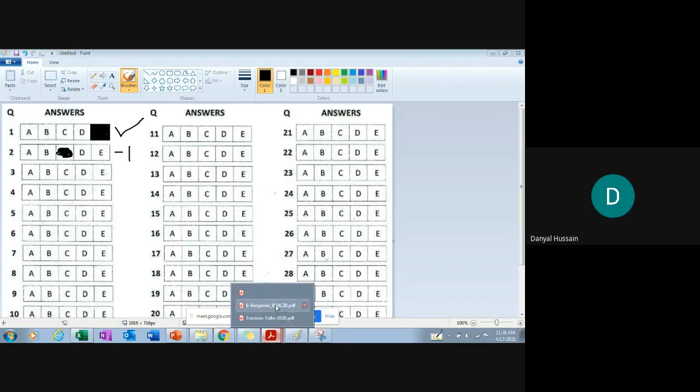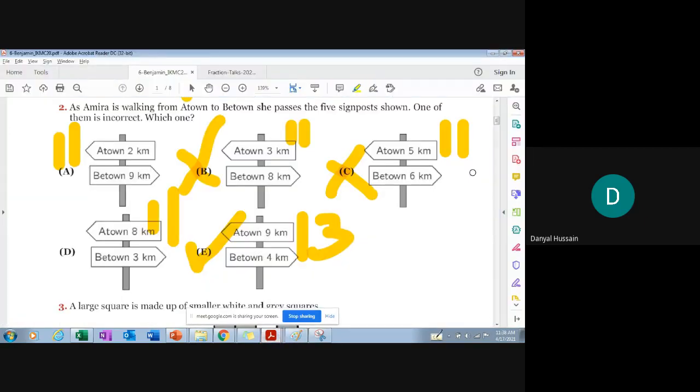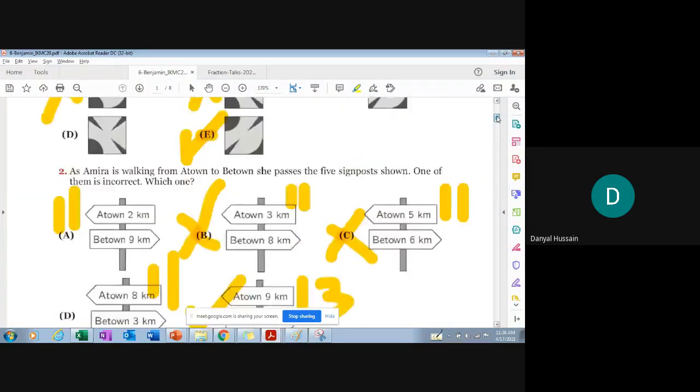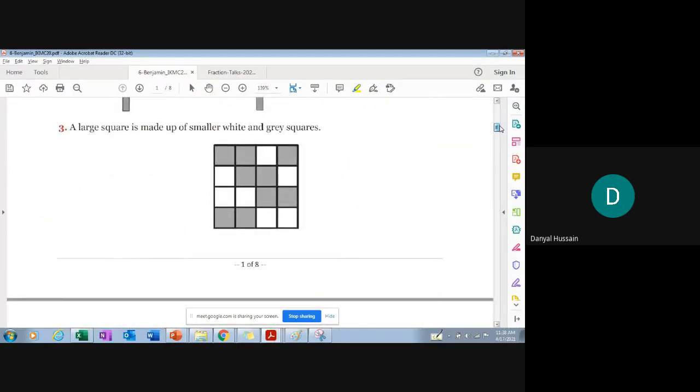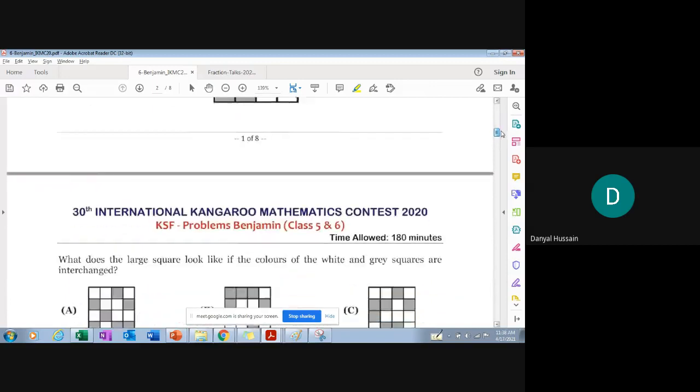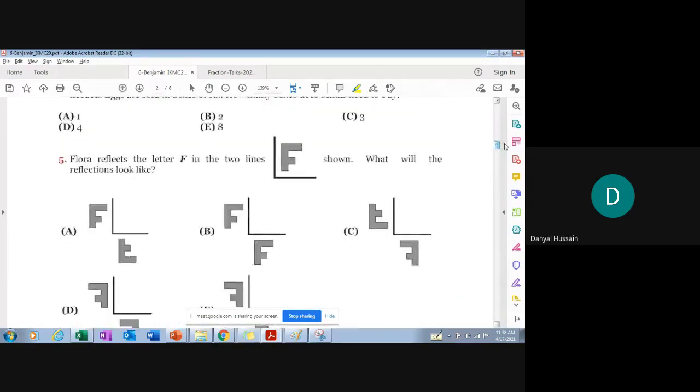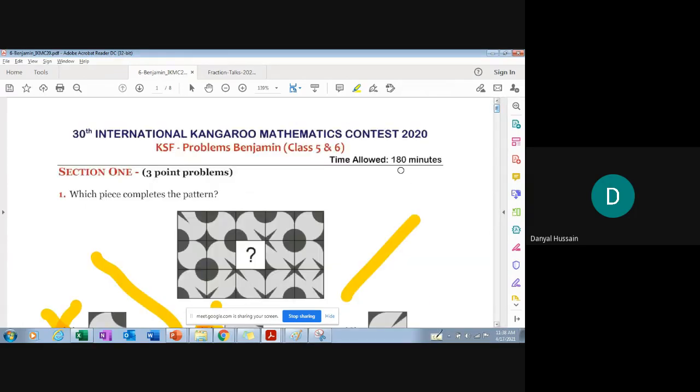So I recommend that first of all, select all the correct options on the booklet, write down all the correct options on the booklet, and you have the time of 3 hours. At the end of the contest, give 10 minutes to your answer sheet and fill your answer sheet properly at once.